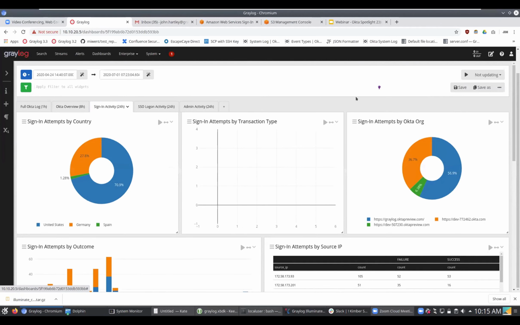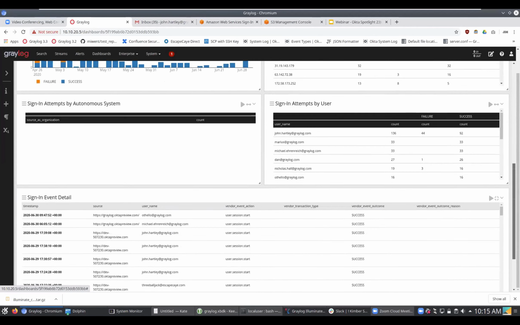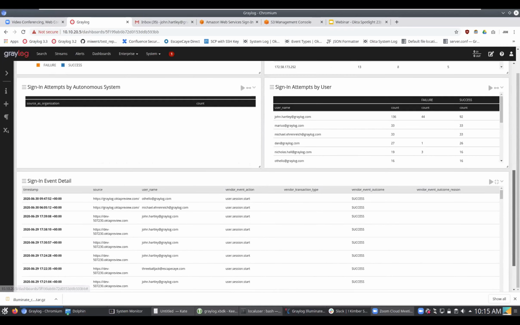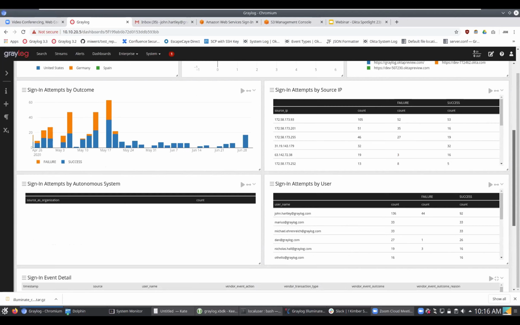Going to the sign-in tab, we can get a view of the, again, activity related to users signing in or authenticating specifically to Okta. So this is separate from launching SAML or OAuth apps. This is specifically to the Okta authentication processes, and it gives,